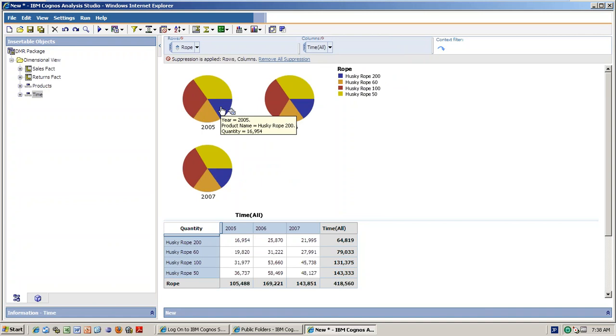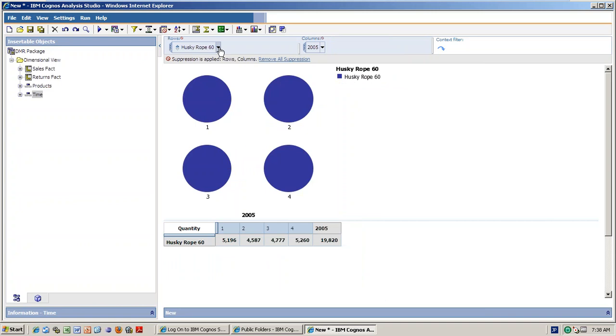See, if you drill down also, it will go here. 2005, right? You can see only that particular thing, and you can see the top level product house.